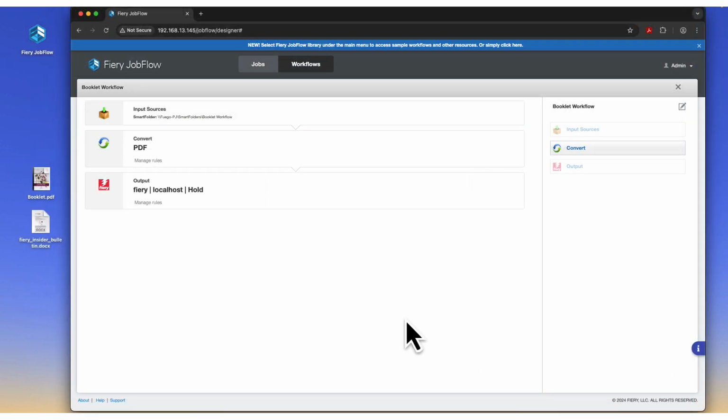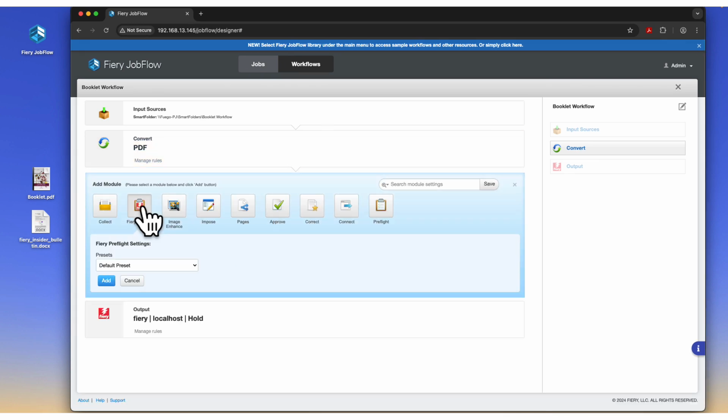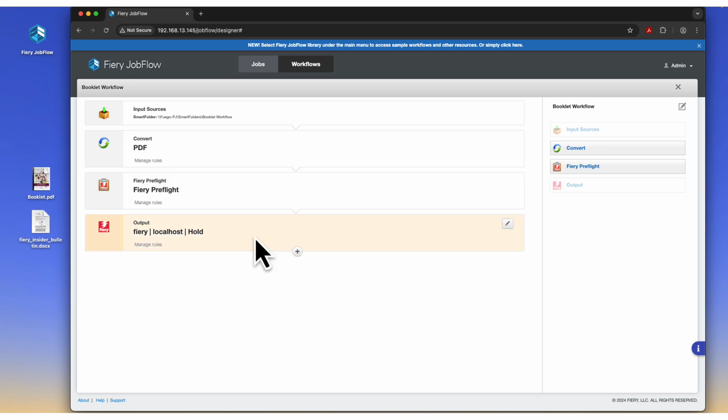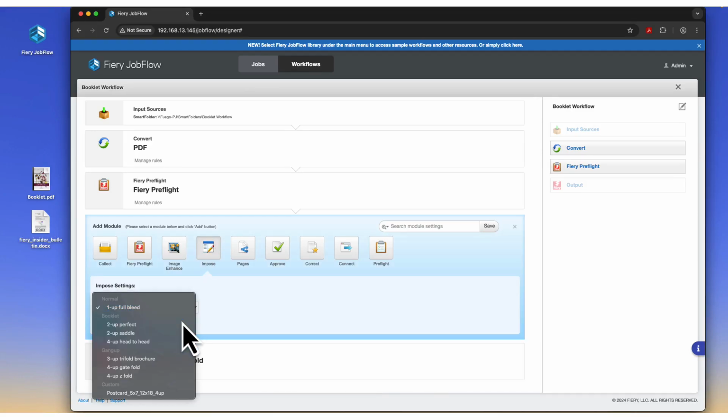Drag and drop modules to automate tasks at input source, such as converting Word, PowerPoint, JPEG files, or print-ready PDFs into something you need for output is easy. I can add a Fiery preflight, selecting a Fiery preflight from the list. If I want to impose my document, I can easily click on Impose and add an Impose template that's on